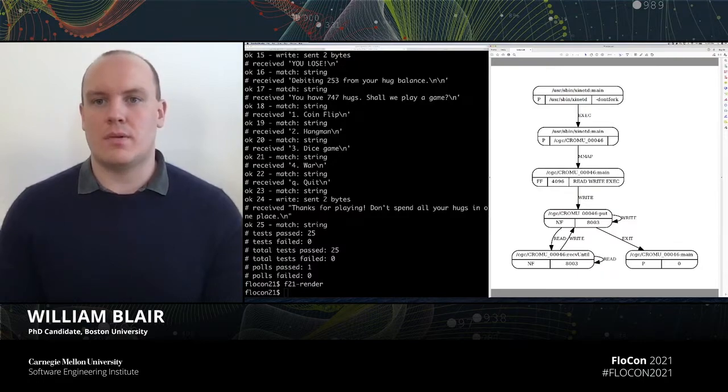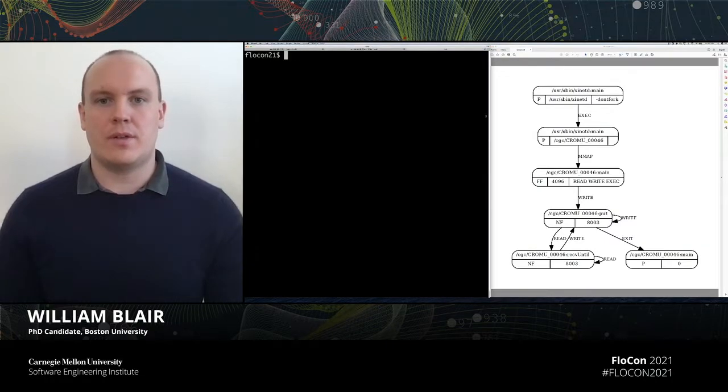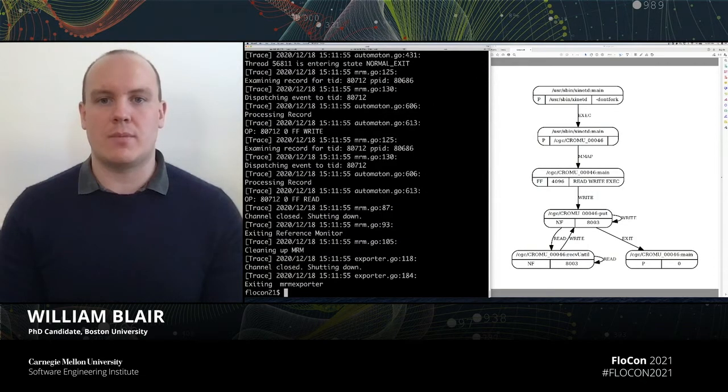This is the graph.is representation. The other representation is a JSON object that encodes the behavior graph, or the finite state machine, that is passed off to the MRM to be enforced at runtime. And if we take a look at how the MRM actually behaves at runtime, we can see how the FSM processes the SysFlow traces over benign input. So one that simply plays the game normally.